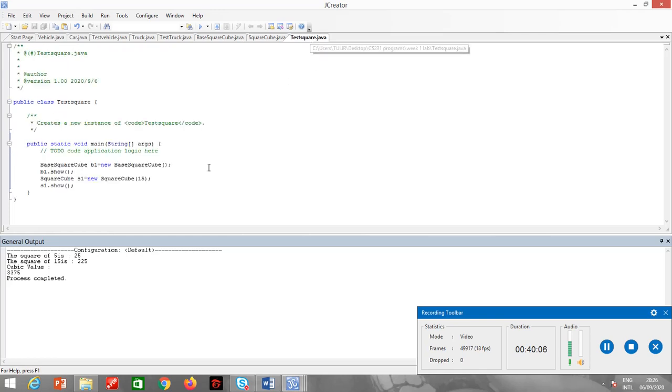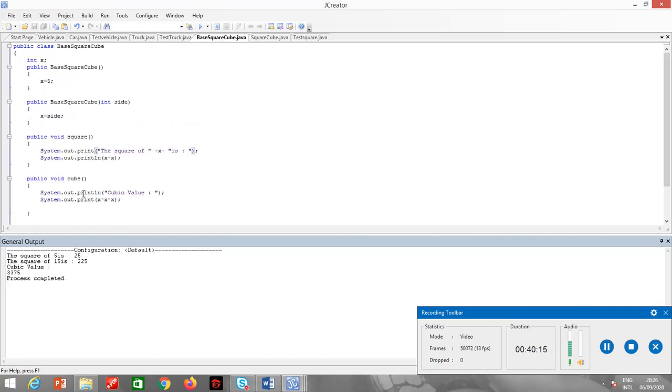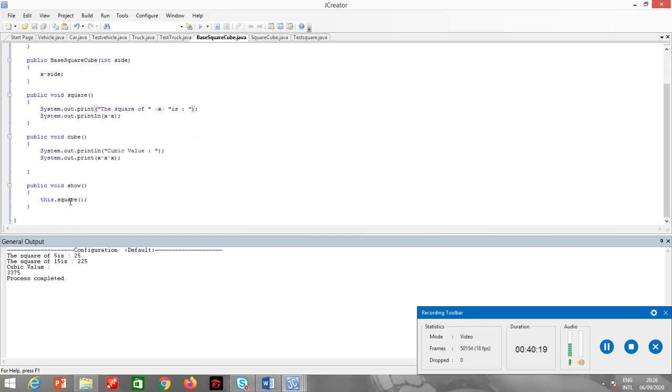Now I have called the show method s1.show. So when it goes to s1.show, first of all it calls super.show. In the super.show, it prints the square of the number, so 15 into 15.